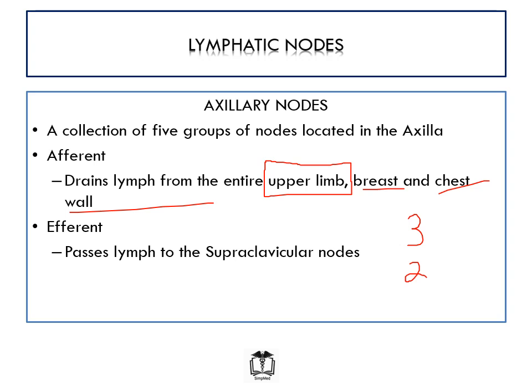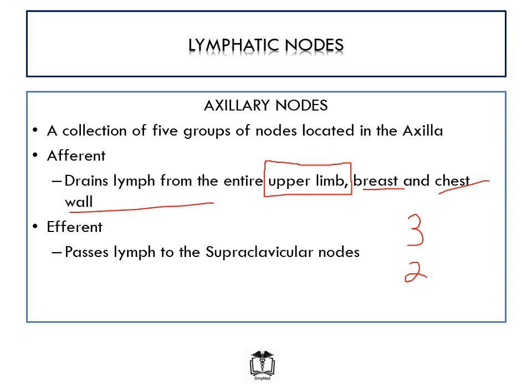These are the lymph nodes that would receive lymph from the breast and the chest wall. So we have 3 major lymph nodes, apical, central, and lateral, receiving from the upper limb, largely lateral. Then we have the remaining 2 receiving from other areas like the breast and the chest wall. In our module on the breast, we'll talk about the lymphatic drainage of the breast, which is a very important topic